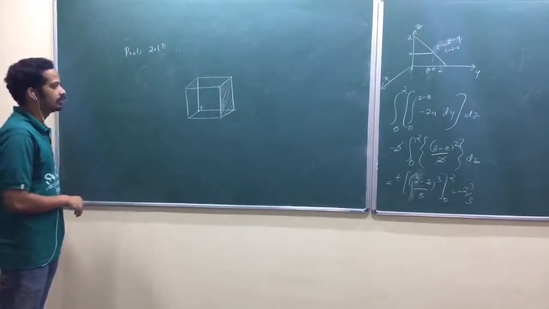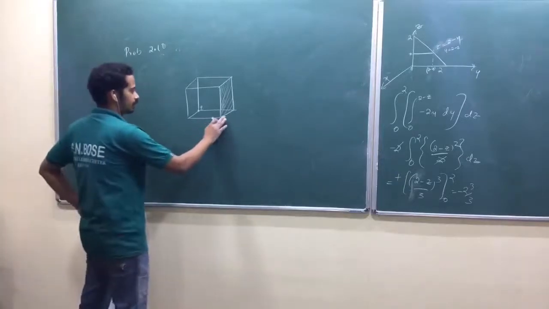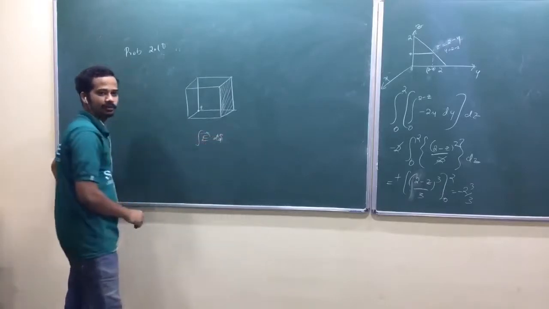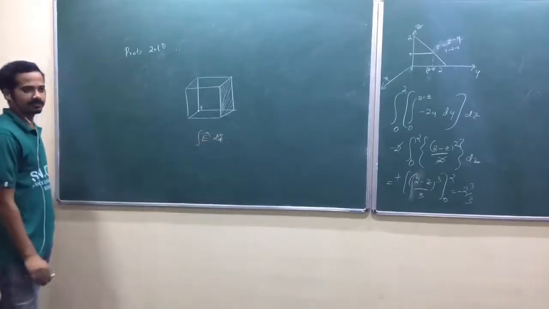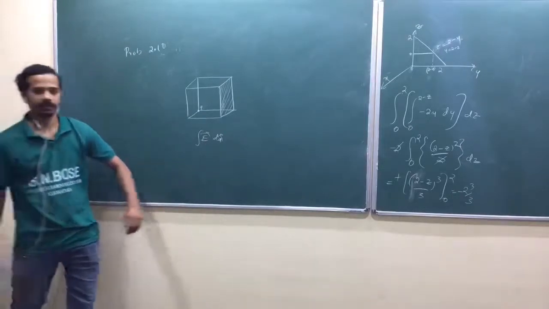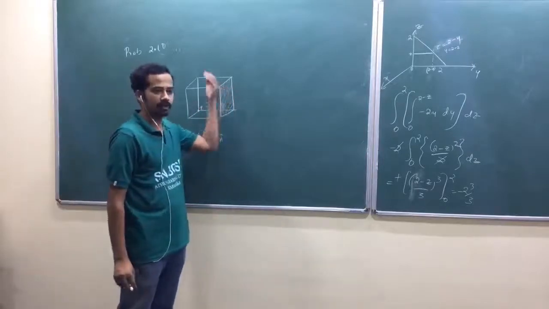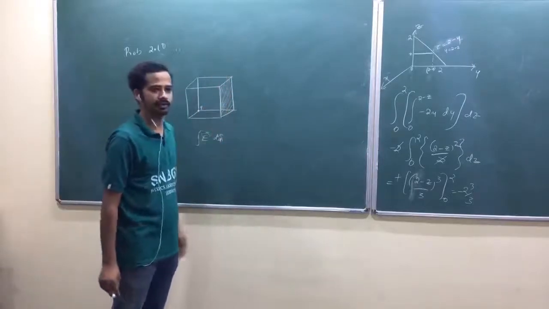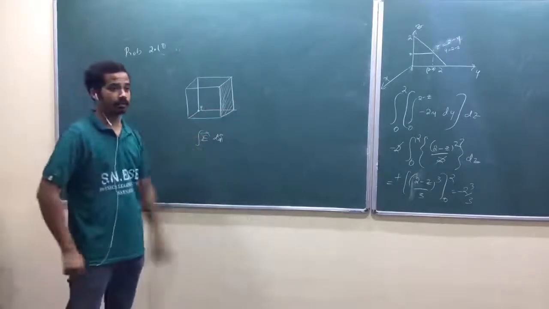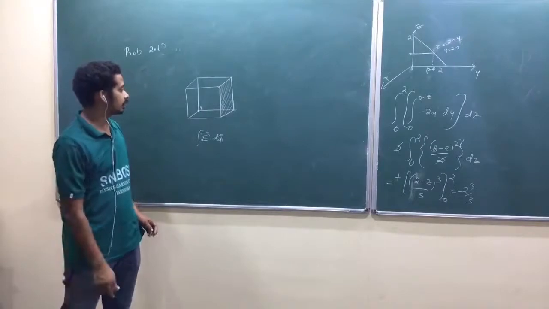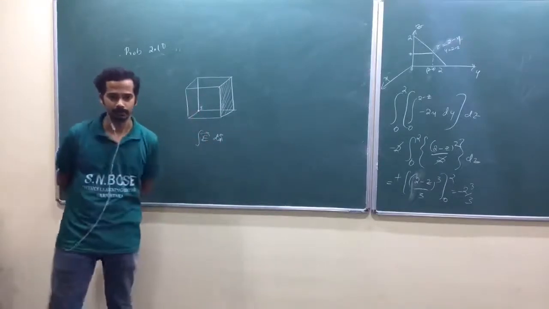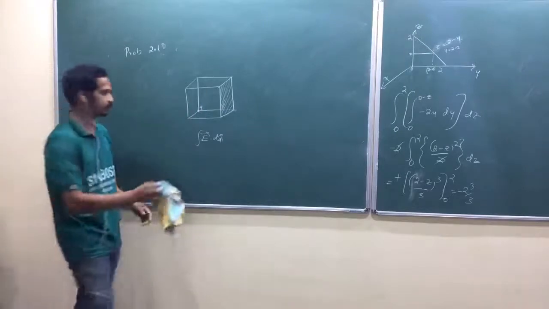So initially, when I saw this question first, I tried to integrate this one. Can you do that one? Too difficult to take the limits, area vector, isn't it? Now look here, your electric field and area vector are not parallel, remember, and electric field strength also varies throughout. Area vector is constant, but the angle between electric field and area vector also varies, so you can't do that one. So he's not expecting that.